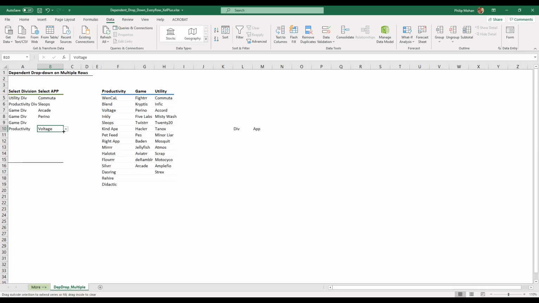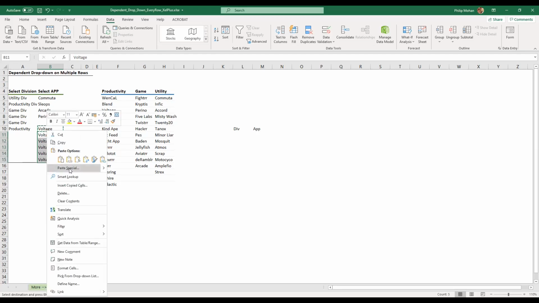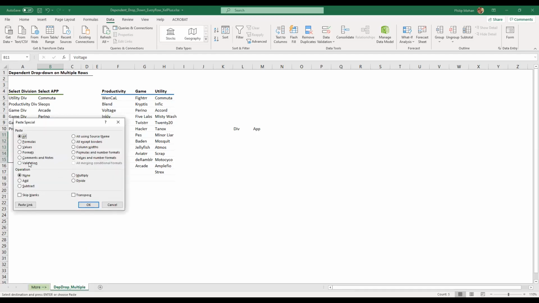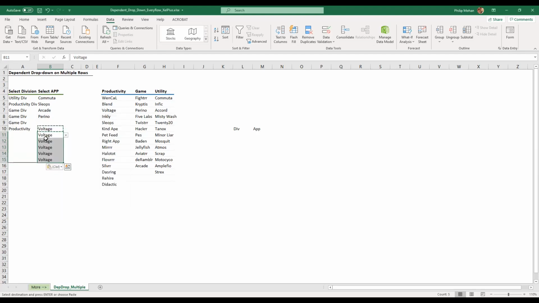I'm just going to copy this formula down. And that didn't work either. Why did it not work? The dollar didn't change. Sorry, I should have copied only the data validation. Copy, paste special, validation.